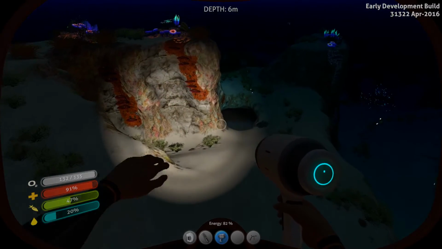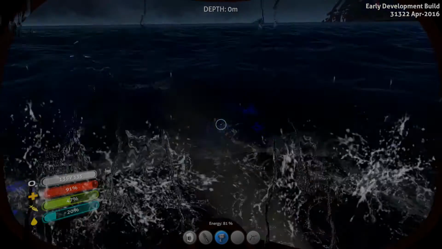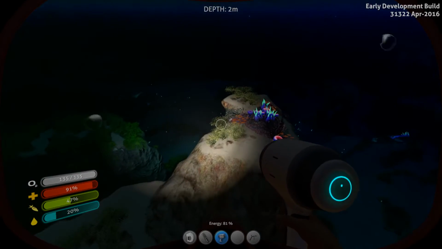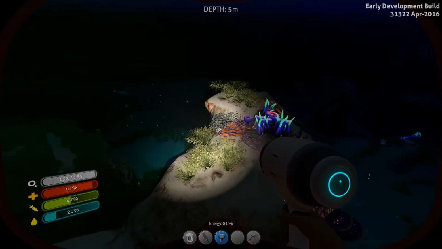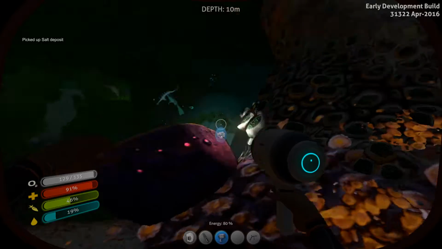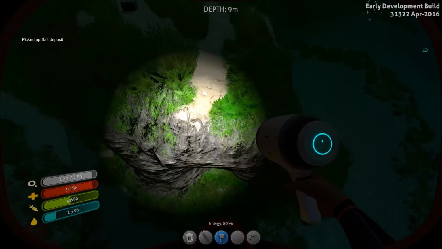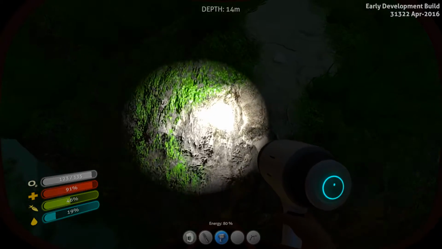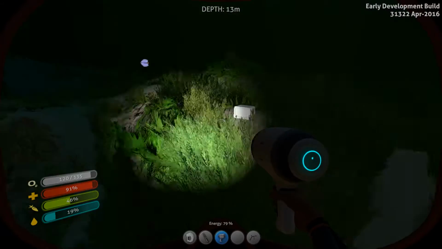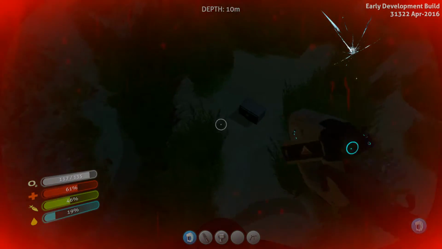Caution. Dehydration detected. Yeah, it's telling me that I'm dehydrated now. Also, you might have noticed you swim a little bit slower when you're carrying something, or when you're holding something at all like this. I thought that was a bit of salt, but it wasn't. Now, while I see this, I'm going to...